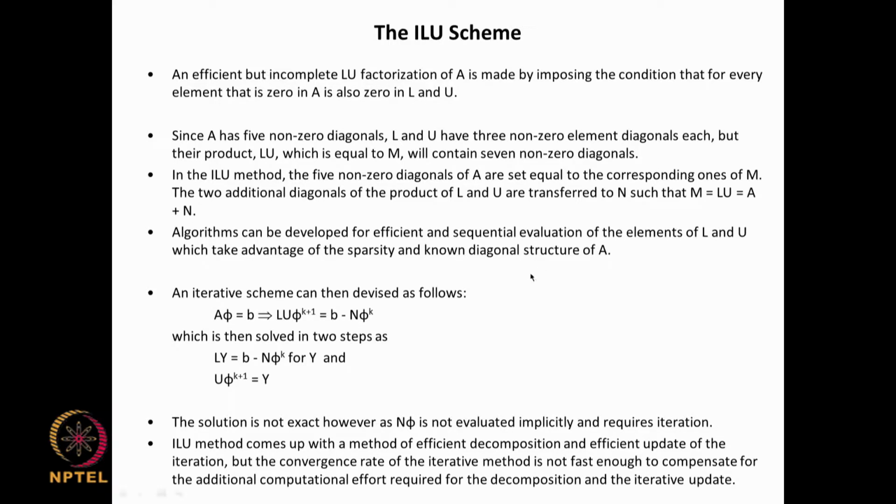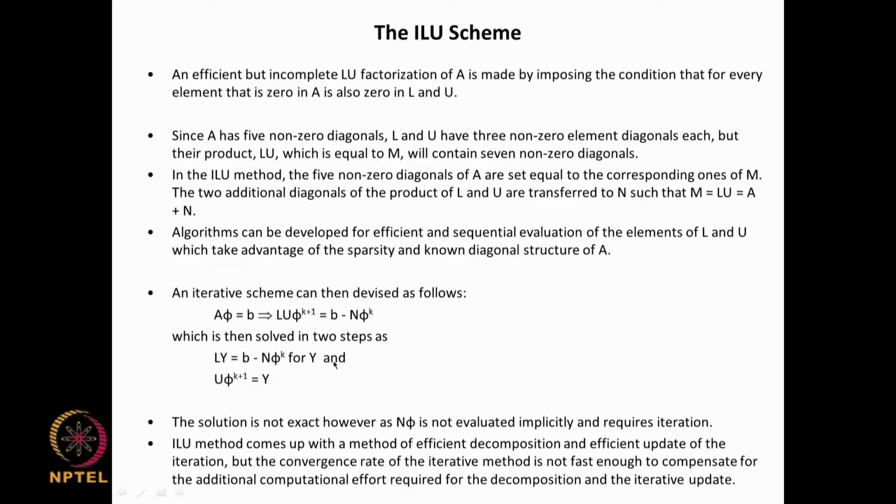So it is not fully there, and once you make that kind of decomposition, then you can evaluate A phi equal to LU phi^(k+1) equal to B minus N phi^k. So this is the one which you have approximately decomposed, and the remaining part which is not there in A is coming as N here, and then this can be solved as a 2-step process that we are familiar with, that is L y equal to B minus N phi^k. You solve this for y, and then for known y you can solve this for phi,